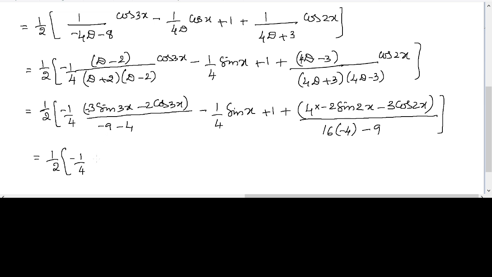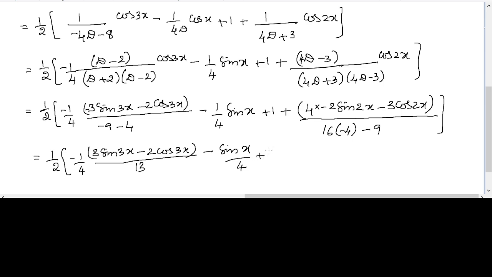So minus into minus plus, we get 3 into sin 3x minus 2 into cos 3x divided by 9 plus 4, that is 13. So minus sin x by 4